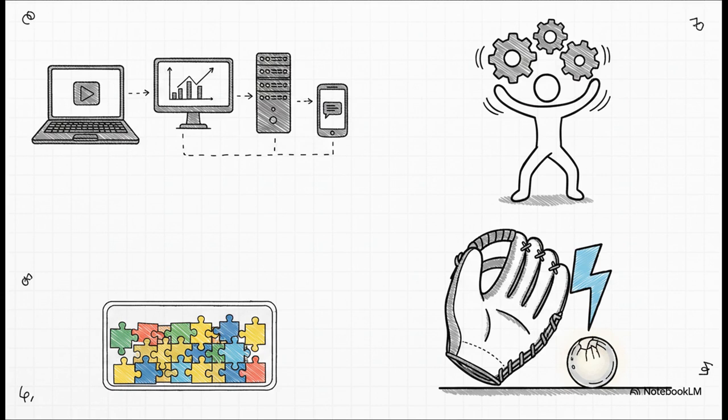Next, we have multi-threading support. That's just a fancy way of saying Java is exceptionally good at doing multiple tasks at the exact same time without crashing. Then there's the Collection API, which is this brilliant built-in system to organize and manipulate huge groups of data. And finally, exception handling, meaning when an error inevitably happens, because it will, Java has this robust safety net to catch that error so your entire program doesn't just spontaneously combust. Together, these features make Java incredibly reliable.